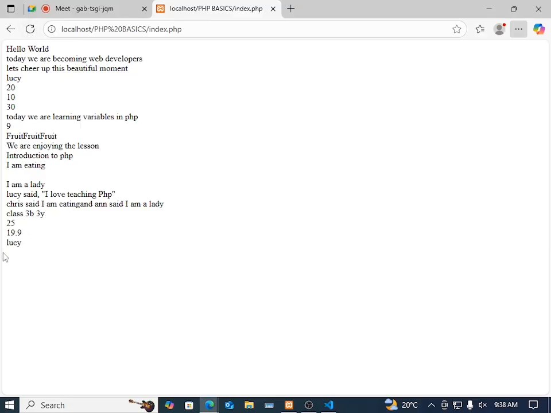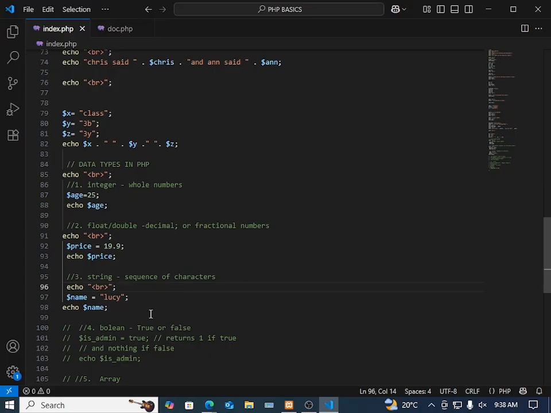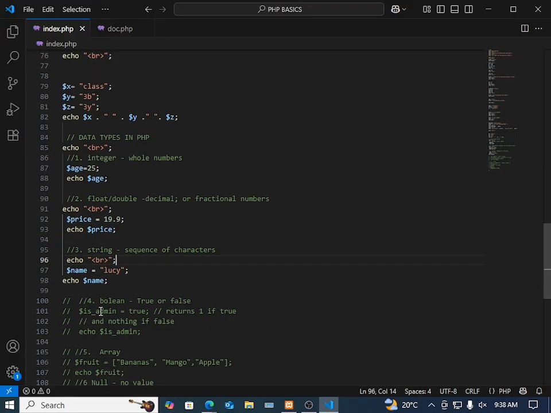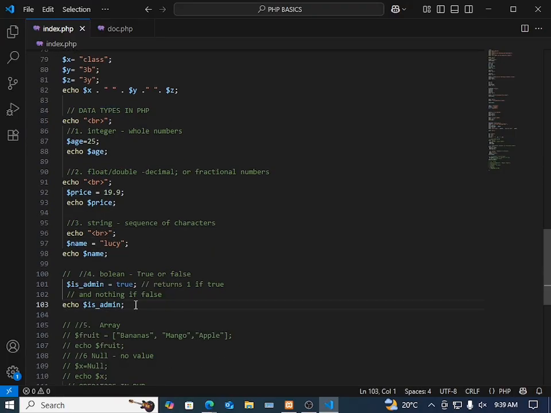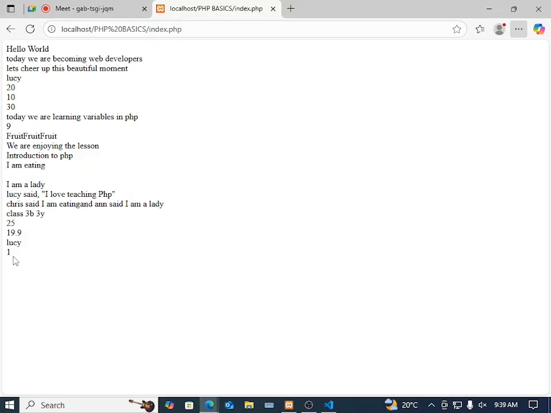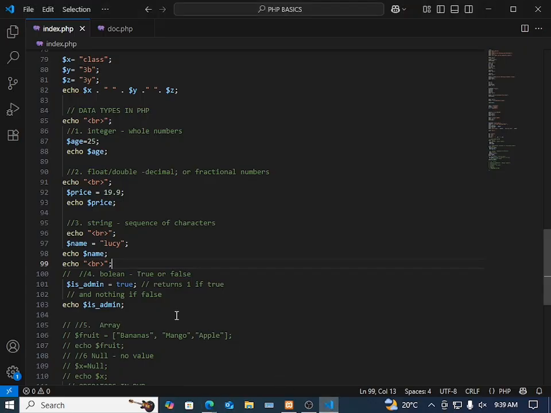You can see age 25, price 19.9, name Lucy. So when we come now to boolean, let us echo this one. It returns 1 because it's true. You see this one? We have said here under boolean that it returns true or false, and returns